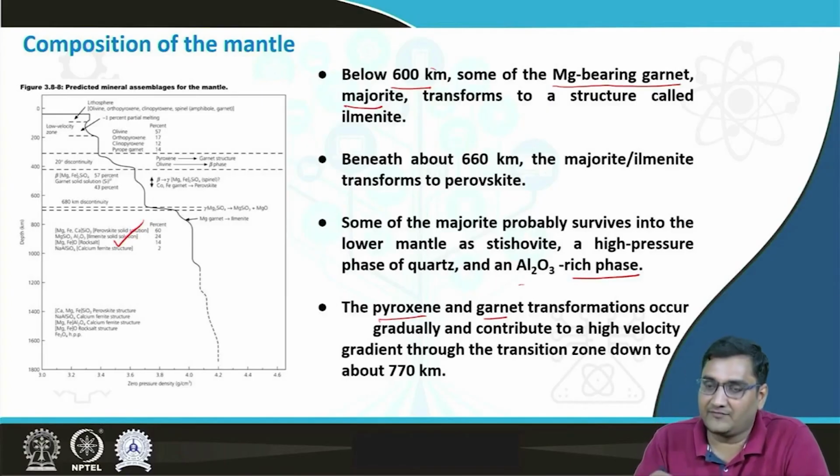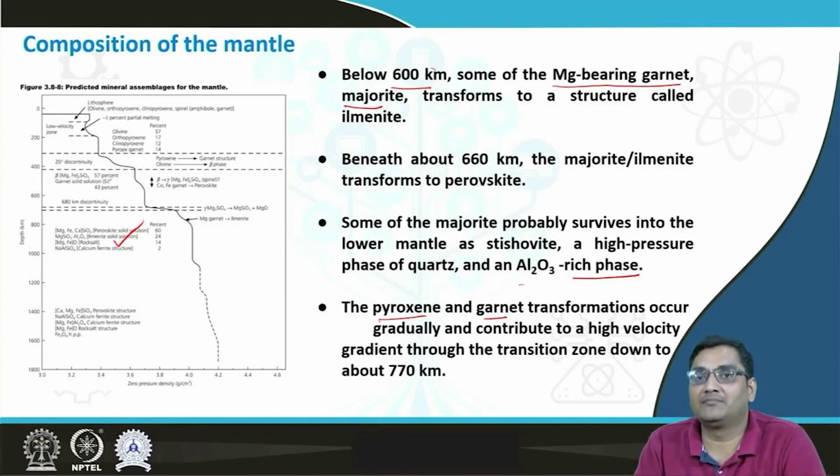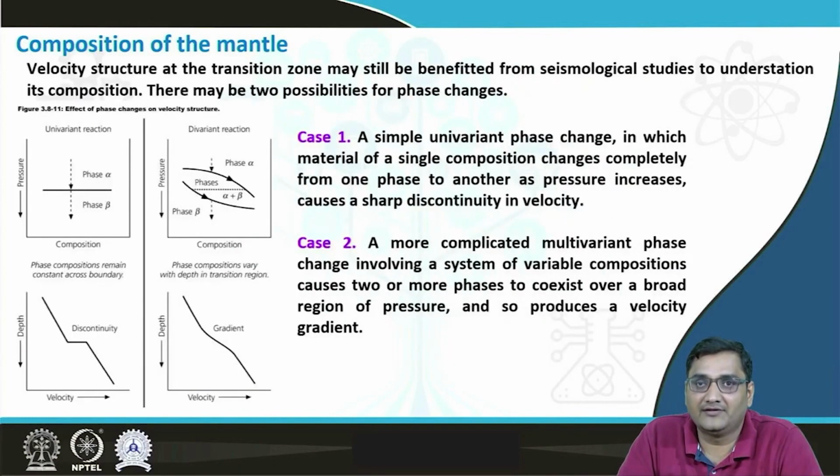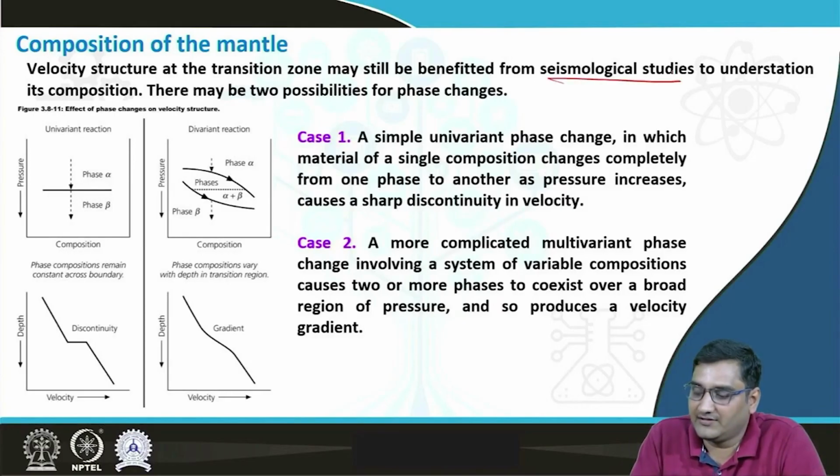But if you look at the phase transformation of the olivine, that happens very suddenly, so in a very narrow depth range, that we will see in the next slide. And the velocity structure at the transition zone may still benefit from the seismological study to understand its composition, and there are basically two possibilities for the phase changes at the transition zone. There is case 1, that is the univariant phase change, and there is case 2, that is the complicated multivariant